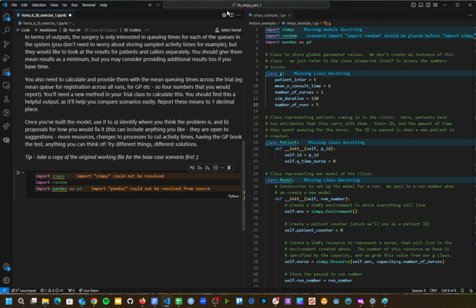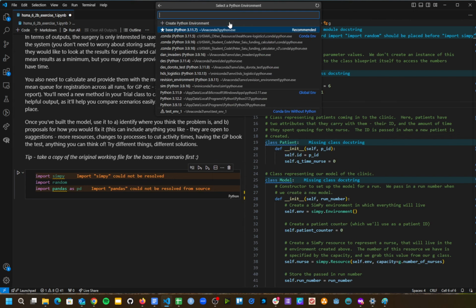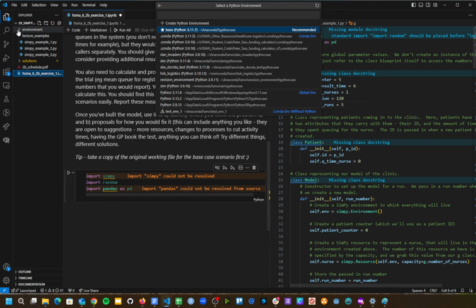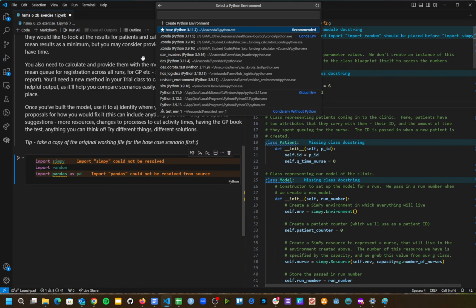So I'm going to select my kernel. I have previously created a discrete event simulation environment using the environment.yaml file that is available inside this SimPy GitHub repository. So there is a different video on how to do that if this is something you're interested in, if you haven't done that before. However, the des environment, you can also just create that manually yourself by making sure you've